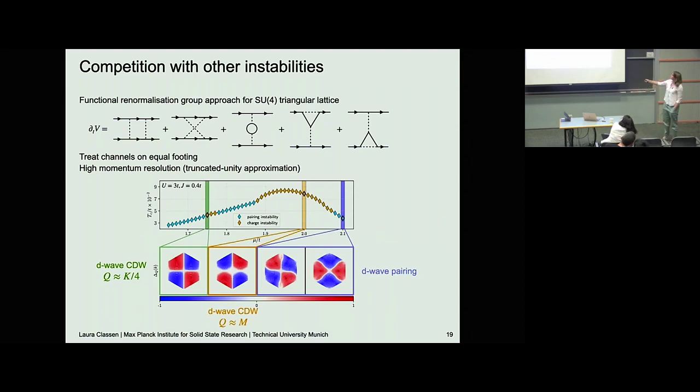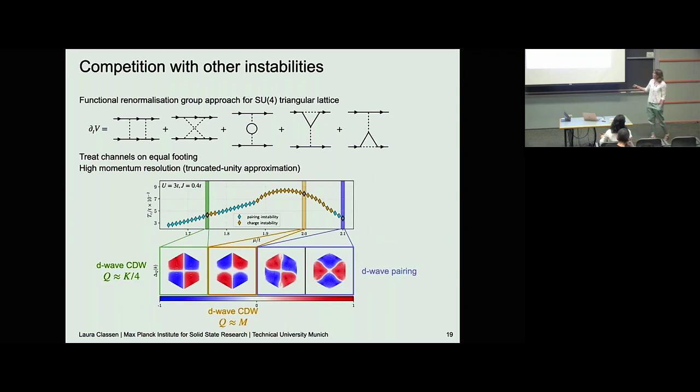And around nesting, around Van Hove filling, we do get what we would expect, a charge density wave with wave vector M, and the form factor is a d_{xy} form factor. That was seen before. And also what was seen before is for example, Parquet renormalization group calculation. Also what was seen before are these d-wave pairing